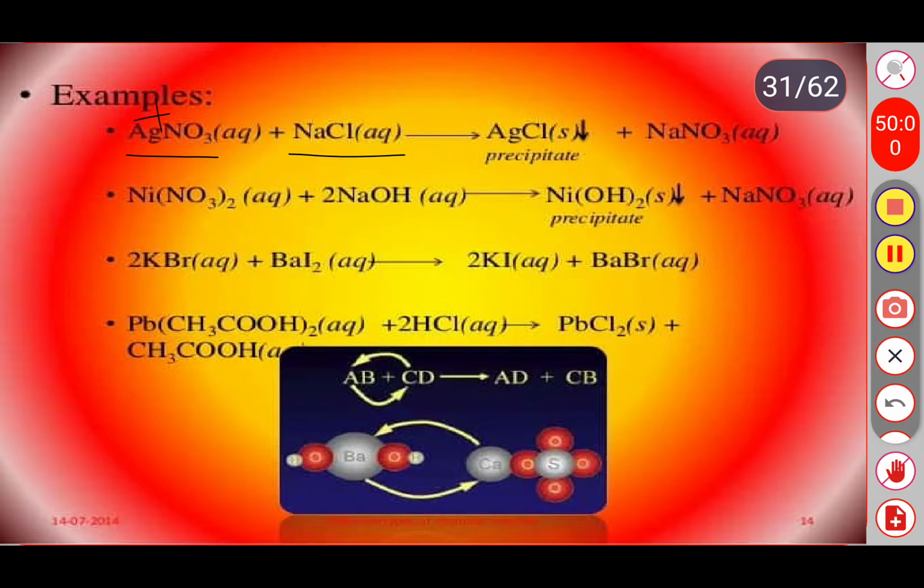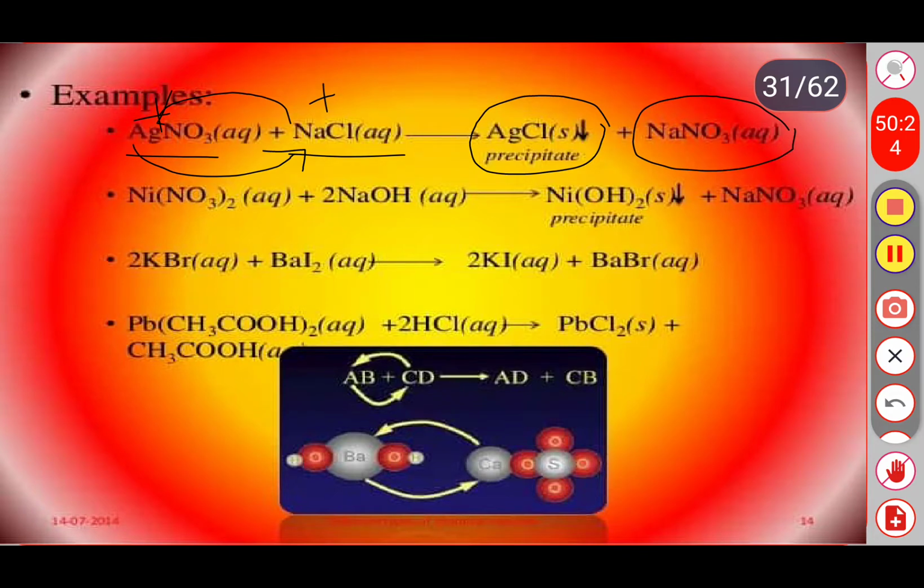So what does it form? Silver chloride and sodium nitrate. These two are the products obtained by the combination of silver nitrate and sodium chloride. See the next one,